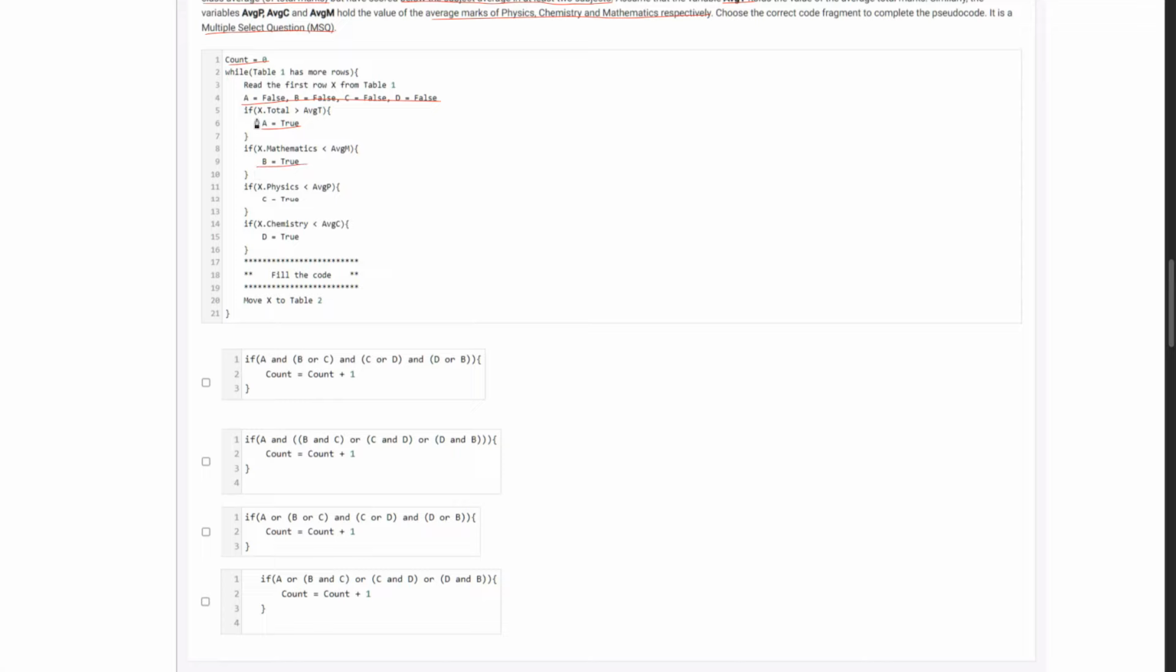Which means we are checking if this person has got a total that is greater than the class average, which is the total marks, but we're checking only if this person has scored, say, his mathematics marks less than the average mathematics marks of the class. Only then we assign